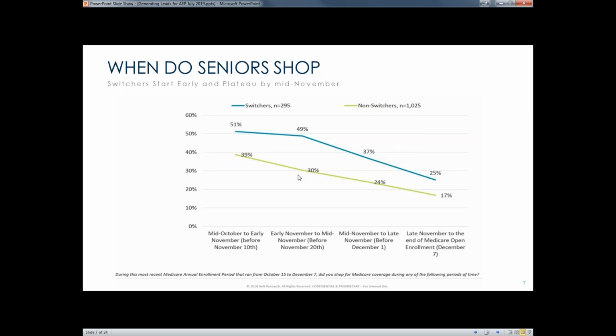This is just a group that does research into seniors' buying habits during AEP. And as you see, this blue line is the people who actually bought last year and actually switched. The green line is people who shopped but did not buy. As you can see, from mid-October to early November, 51% of the people actually did some shopping. And then from early November to right about Thanksgiving, 49% of the people said yes, they looked, and begin to trail